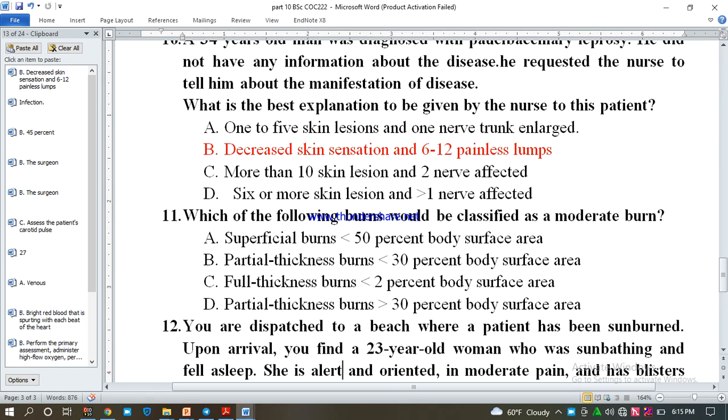11th question: which one of the following burns would be classified as a moderate burn? Options: superficial burn less than 50% of body surface area, partial thickness burn less than 30%, full thickness burn less than 2%, and partial thickness burn greater than 30% of body surface area. So which of these classifies as a moderate burn? Moderate burn criteria: